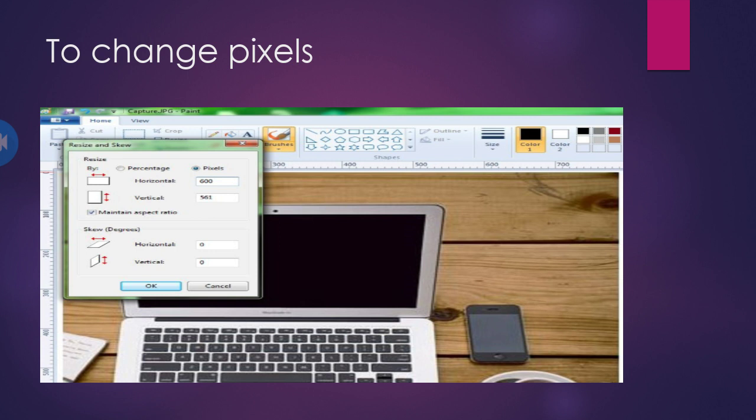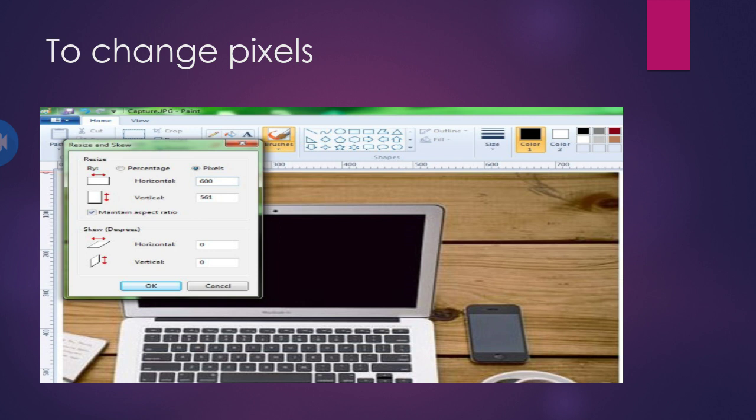Next, I want to tell you one more thing. If you have to apply mapping on an image, you first have to do 2 things. You have to open your image with Paint. For this, right click on the image on which you want to apply image mapping. Whatever I am going to tell you, you have to perform on the image before applying image mapping. So these are the steps to explain how you can simply apply image mapping.